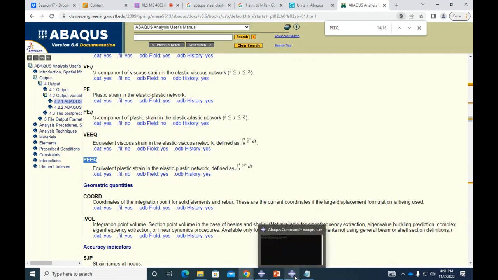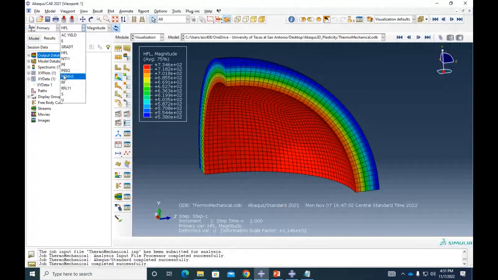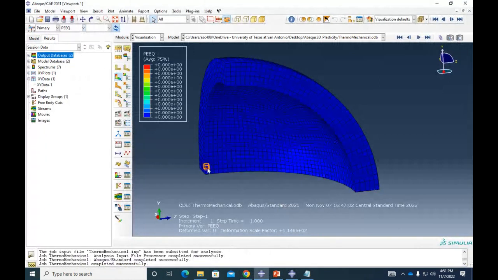So let's take a look at that. PEEQ. We don't have any, all right? What does this mean? We are not going past yielding with that pressure and those temperatures that we applied in here.